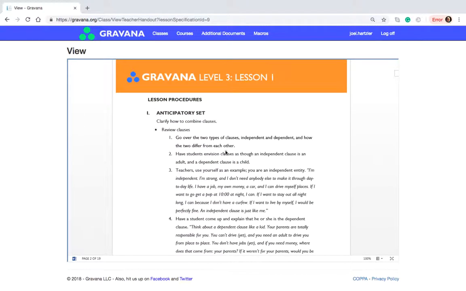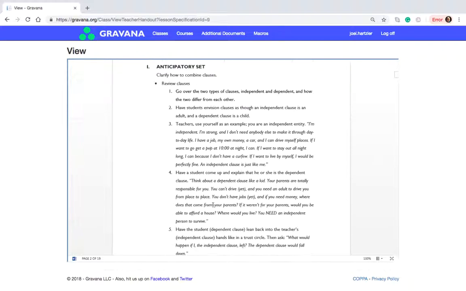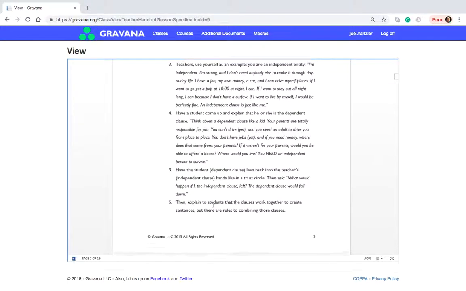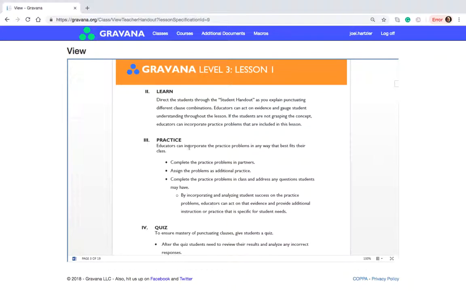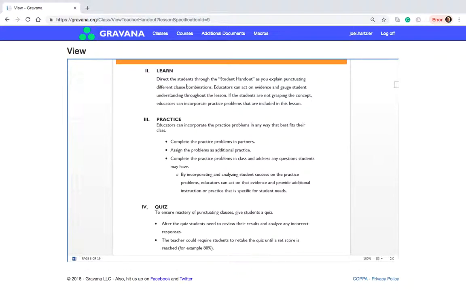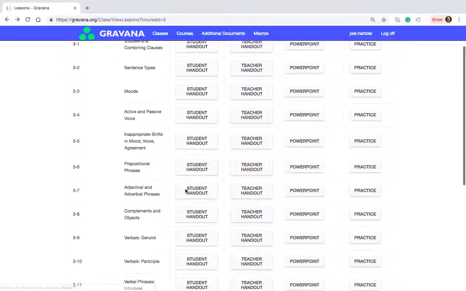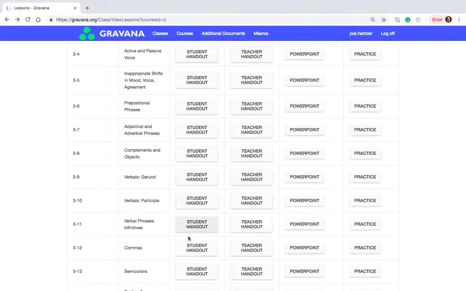Every lesson talks about the anticipatory set, which is about a 5 to 10 minute activity that gets the kids up and gets them excited and kind of introduces the grammar concept in a different way. And then it has the learn, where it can talk about all the different information. This particular lesson is pretty easy, so I'll show you probably a harder one if we go to gerunds,